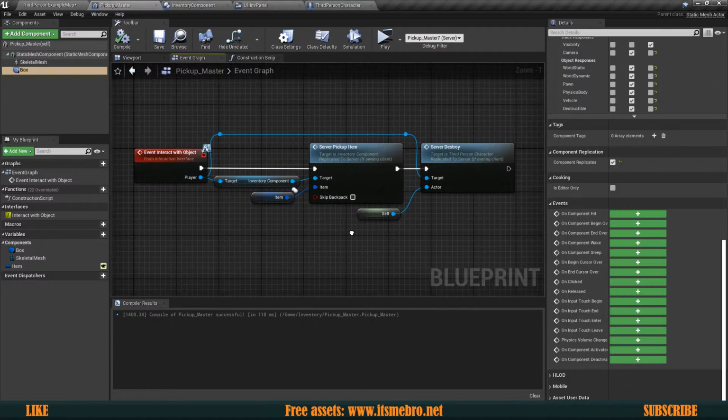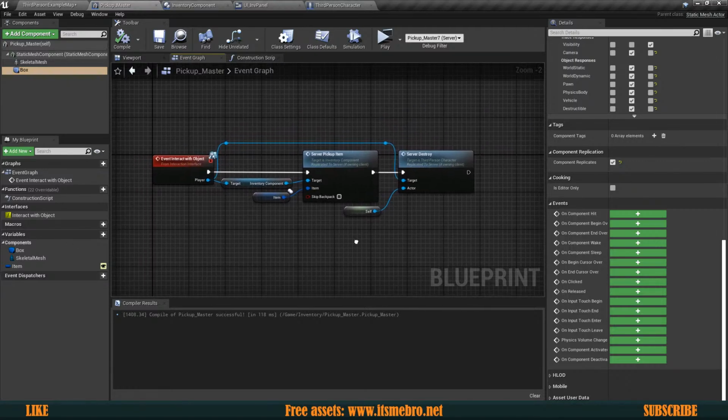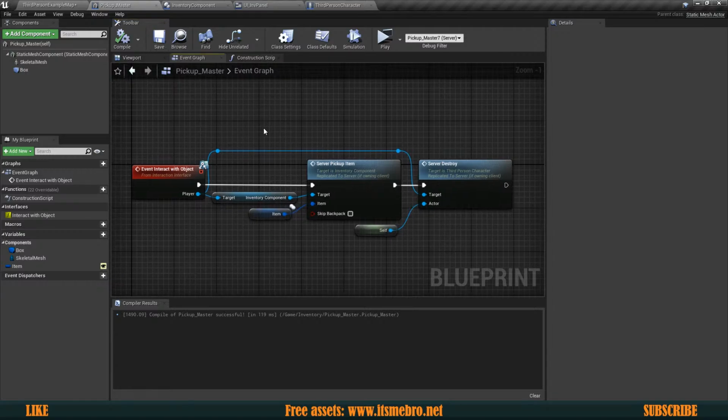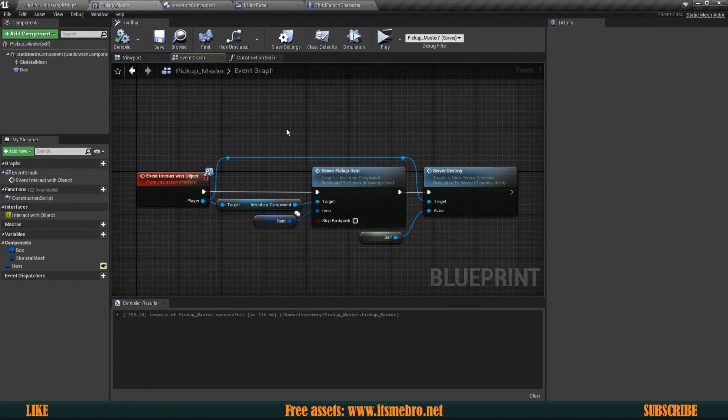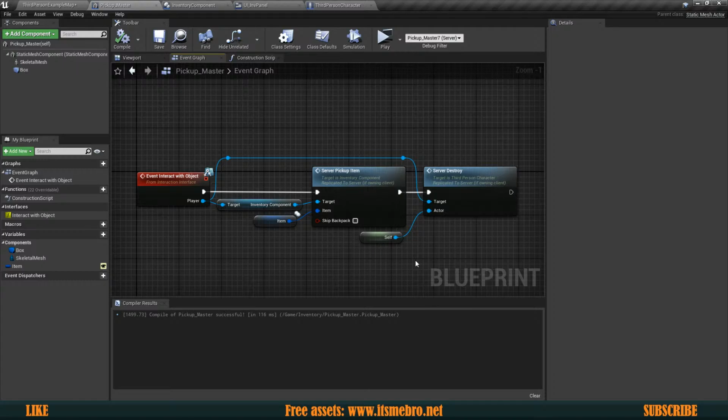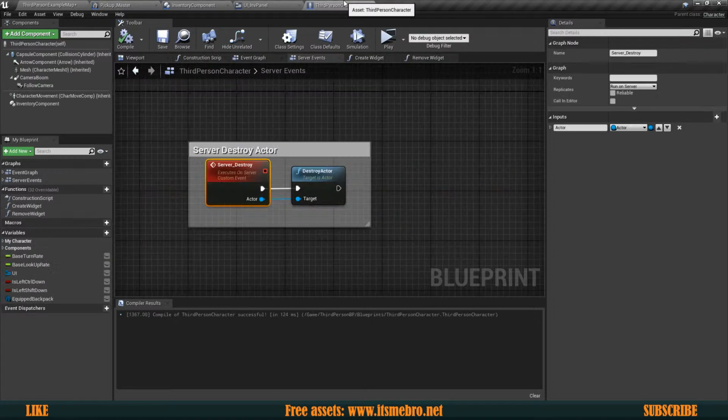So let's see. We have this somewhat functioning, but now let's think. I want to have a weight limit on my character so that I can't pick up an unlimited amount of items, and we're gonna need quite a few functions to check before we actually pick the item up. So first let's set up the limit,